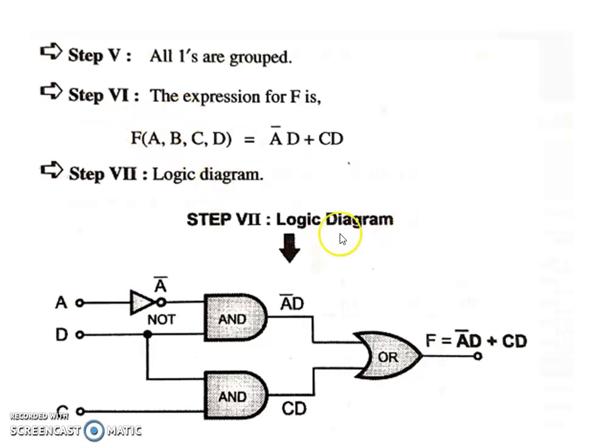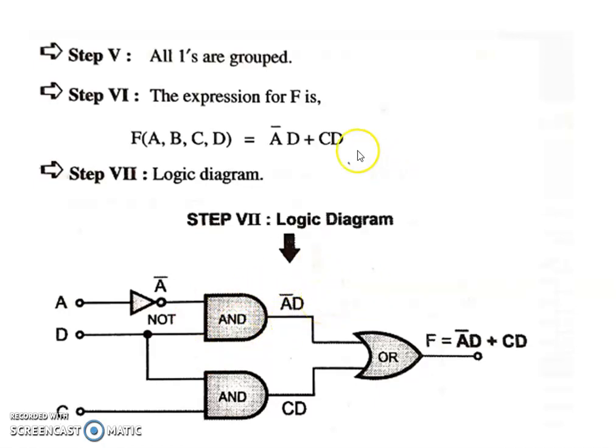See here, next step, that is A, D. So there are a total of 3 variables in the output, that is A, C and D. So here we mention A, C and D. First step, that is A bar. A bar indicates a NOT gate. So here we mention the NOT gate with A bar, and D. So D is connected with the AND gate, and A bar D is your first group output.